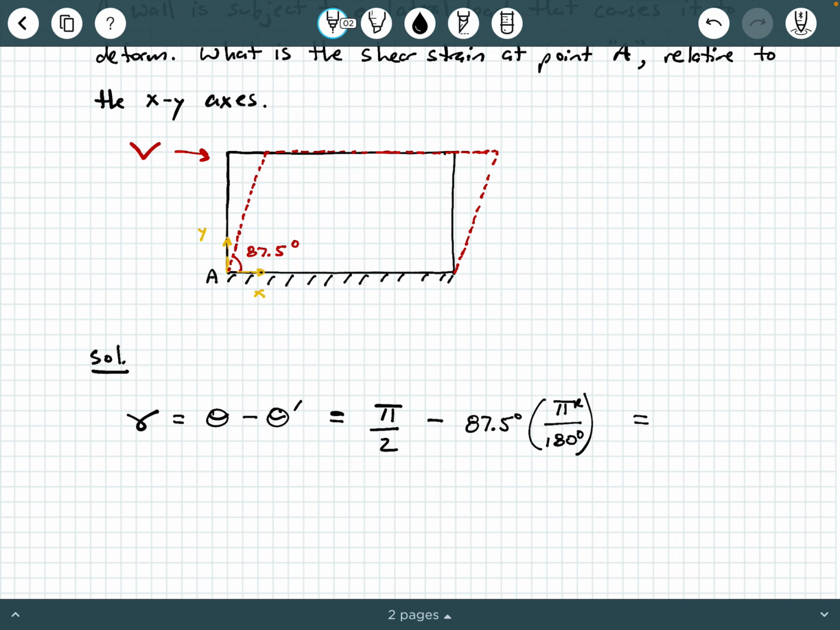And we punch this difference through. So let's do this together. First, I'm going to convert the 87.5 times pi over 180. And then I'm going to take pi over 2, and I'm going to say pi over 2 minus that angle converted to radians. And let's see what we get. So we end up with